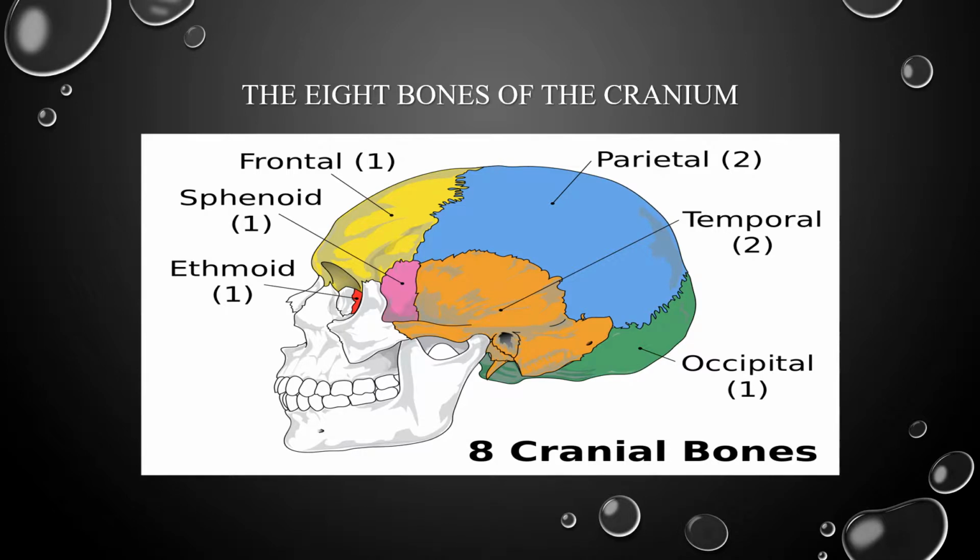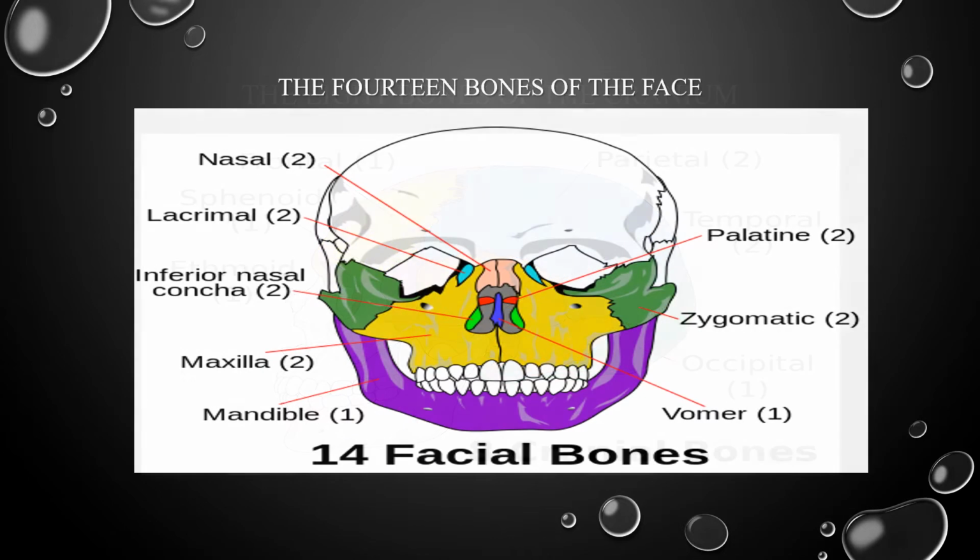The second main division of the skull contains 14 bones in our face. The 2 bones we usually refer to as the bridge of our nose are the nasal bones. The 2 lacrimal bones are located in the anterior medial portion of our eye socket. The vomer bone we can find on the midline in the bottom of the nasal cavity and helps to form